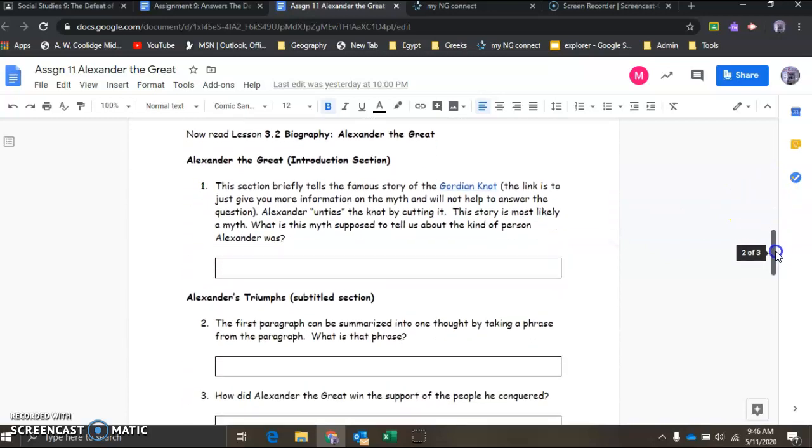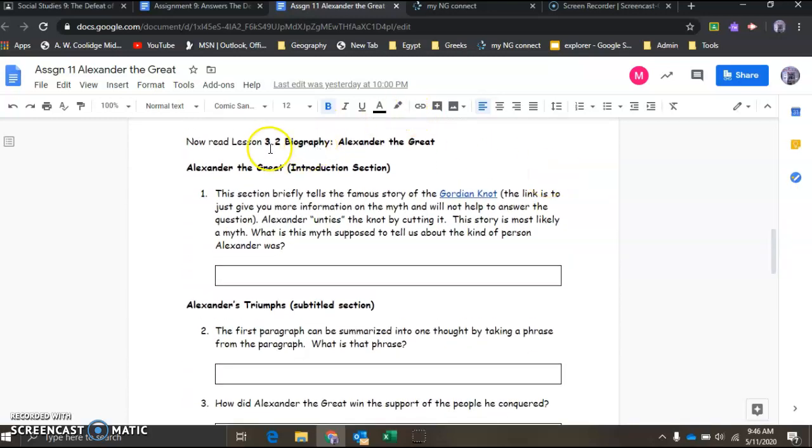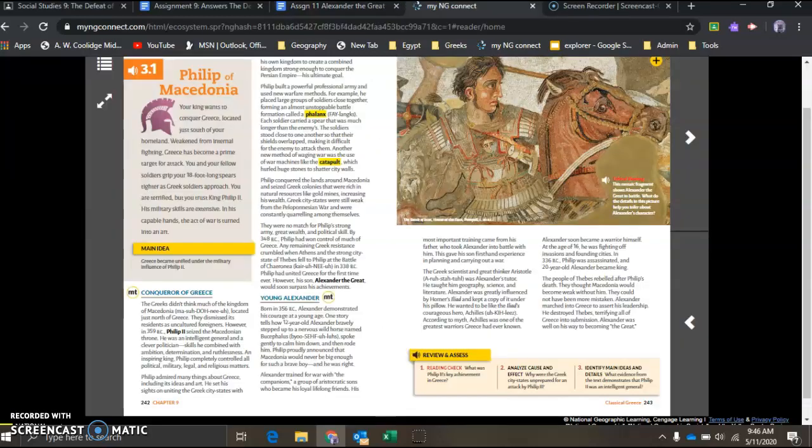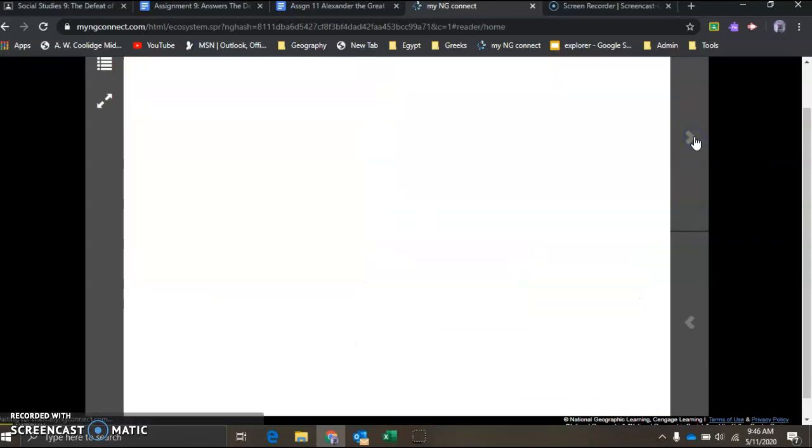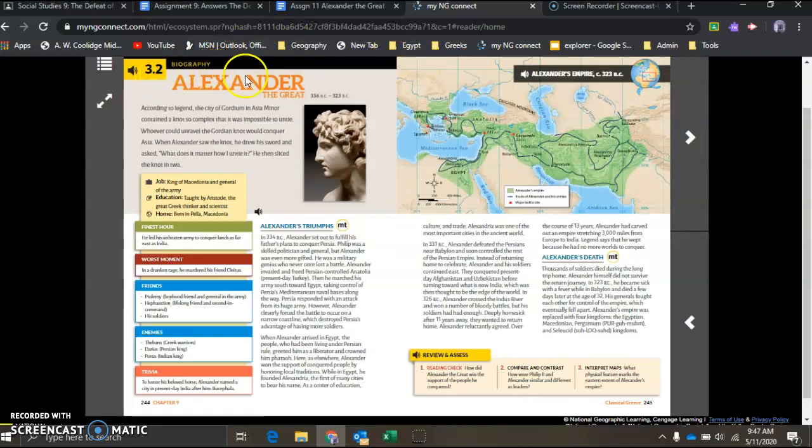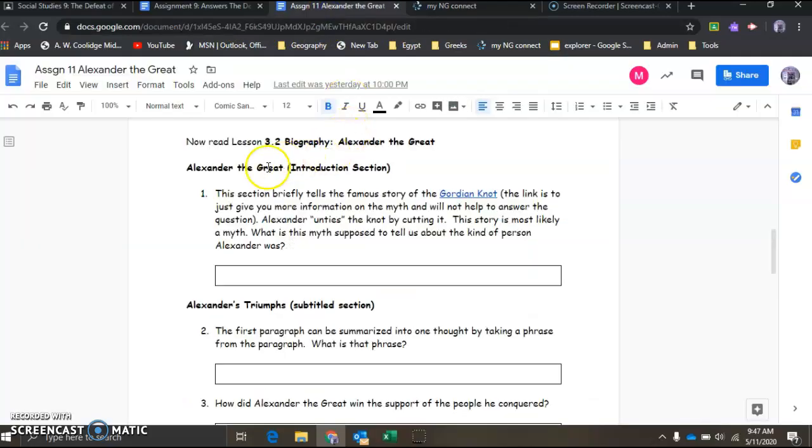If I scroll down, it's asking me to go to 3.2, Biography of Alexander the Great. So I'll go back to the textbook. This is the page turner, so to speak. I go to the next page. Here it is, 3.2, Alexander the Great. Now, if I go back to the document, here is my subtitled section, Alexander the Great, and I call it an introduction section. In this one, it kind of gives a brief description,